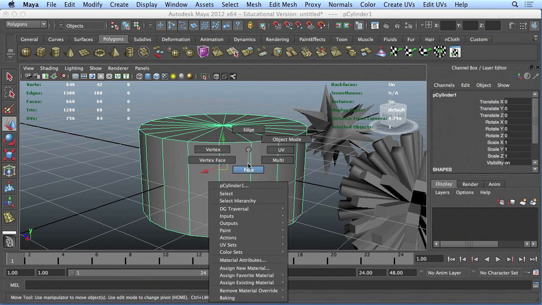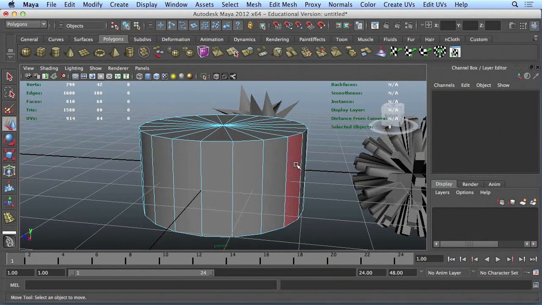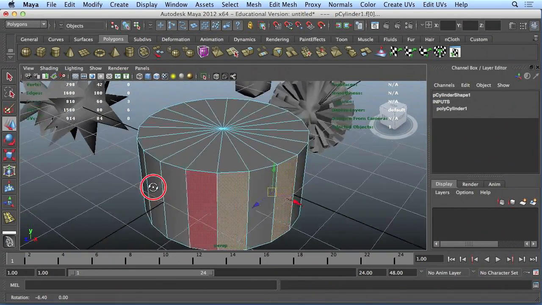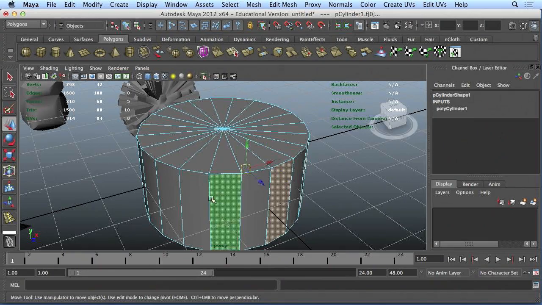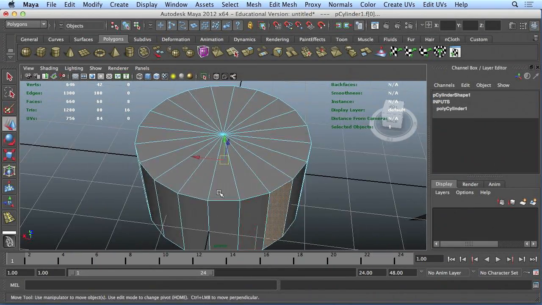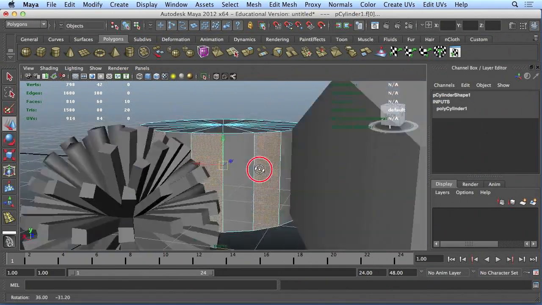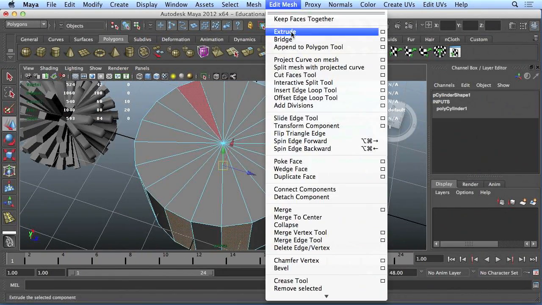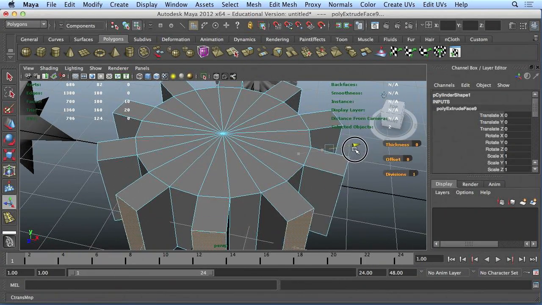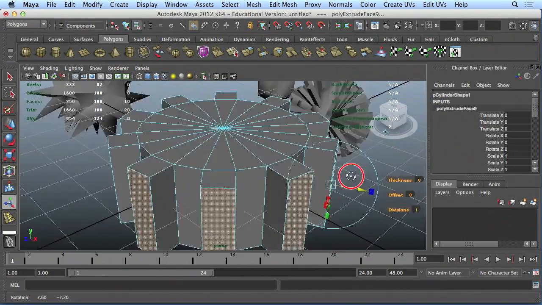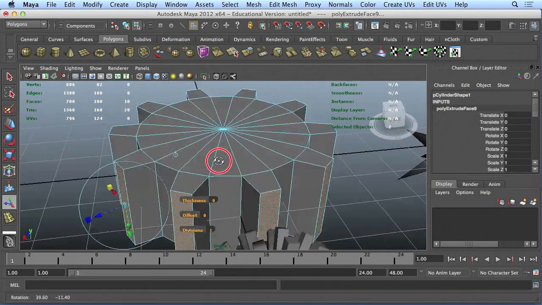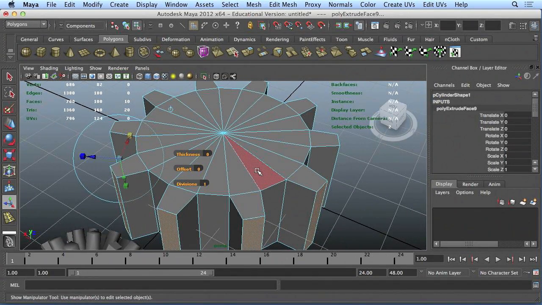When I want to select components, I can select a single face. If I want to select multiple faces like I'm doing now, I'm going to press and hold the Shift key as I move around. Now I've selected every other face. Edit Mesh Extrude on those faces will allow me to have a pattern like that. I'm going to push them in somewhere around there, and then use this tool here to taper them off in some sort of grid. So Shift is to add to your current selection,